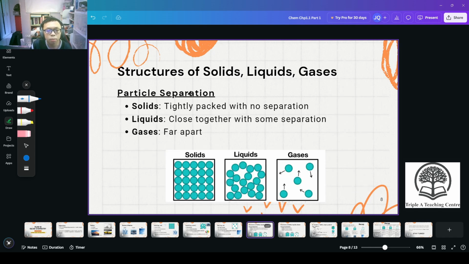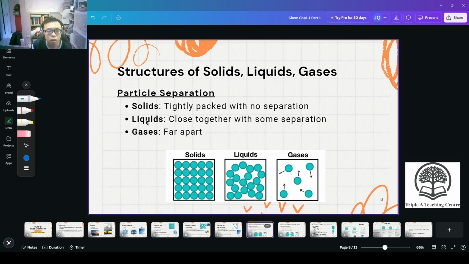Let's see, particle separation, the first one. Okay, for solids, the particles inside are tightly packed with no separation. Yeah, because there are no spaces, right? So they are just constrained in their own position. So they can only stay in their own position,